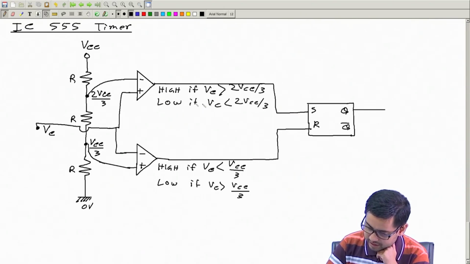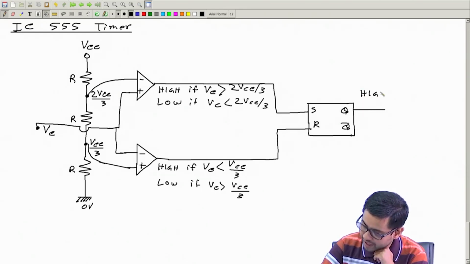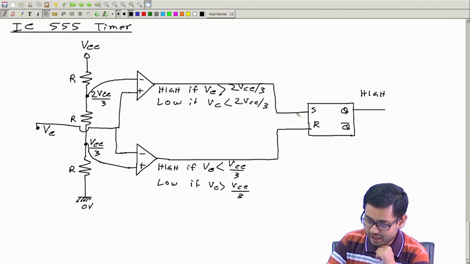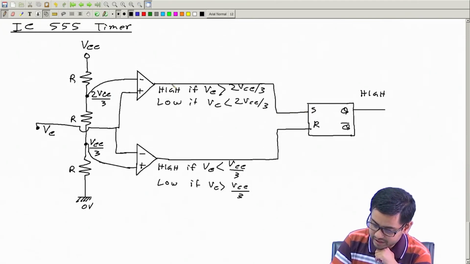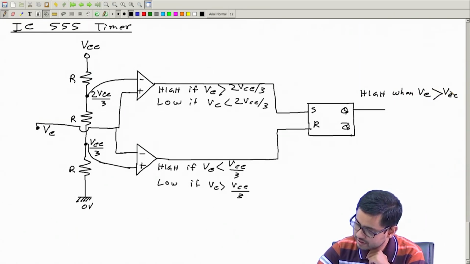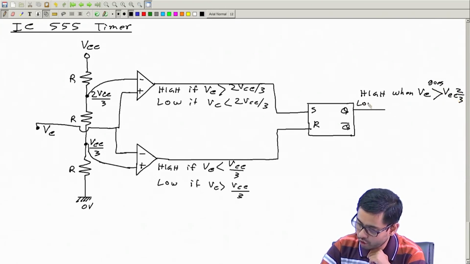Let us say when Q will be high. Q will be high if I have a set signal coming here. And I will get a set signal if this is high, and this is high if Vc goes above Vcc times 2 by 3. If Vc goes above this, then this will be high, and this will be low if I have